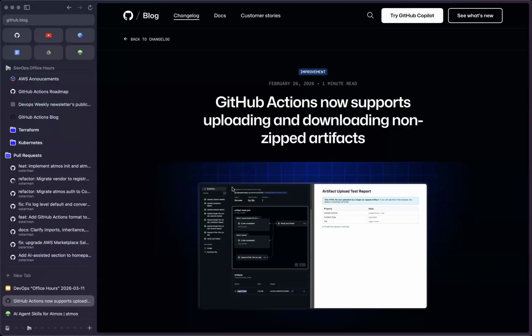The annoying thing was that everything had to be a zip. You point it at a single text file that's like 5 bytes long, and it becomes a zip file. It's very convenient if you can have a manifest in plain text that you can just click and view, but you couldn't do that. You had to click, view it, download the zip file, unpack it, open it, look at it. Now you don't need to do that anymore. So now GitHub Actions supports uploading raw artifacts without zipping.